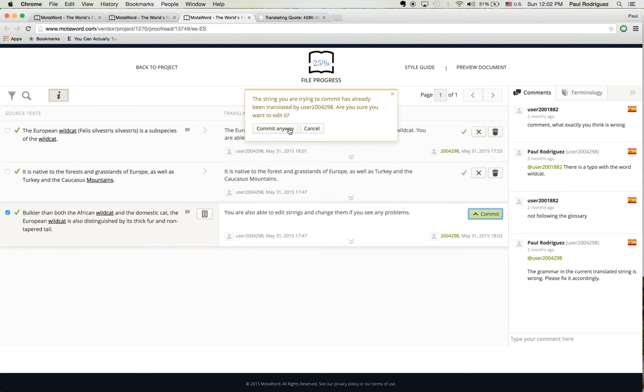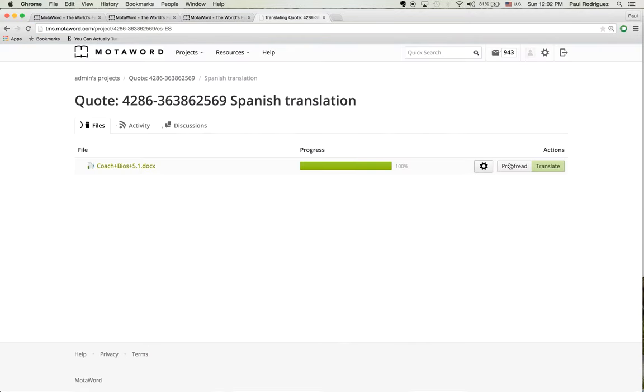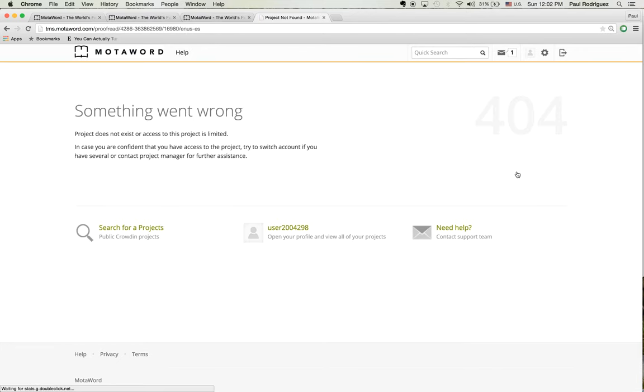Commit. It'll give you commit anyway, and after you commit, it'll just approve that segment for you right away. So essentially we just want to make sure that all the strings are approved. Again, you just have to make sure that the project is consistent, grammatically correct, and there are no typos, and just an overall polish. Now there are just two last things that I want to show to you, and they are tags and